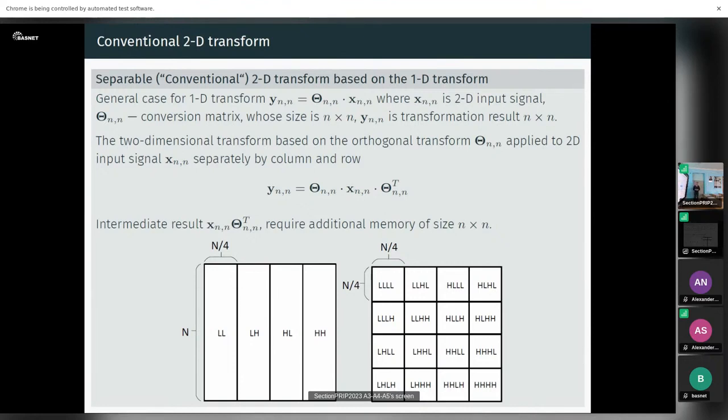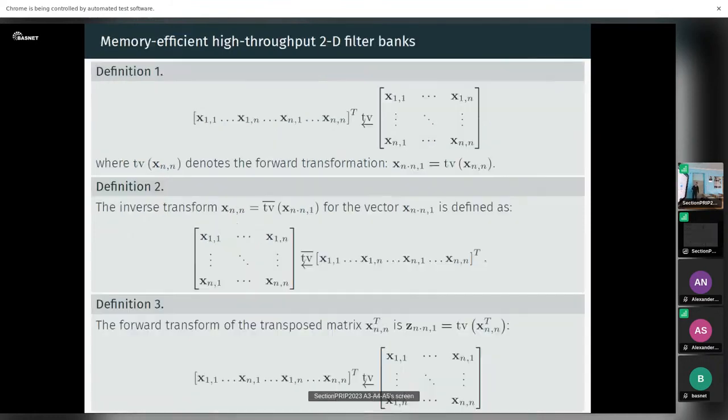While we apply for the input signal x, some basic image, we apply the forward transform in one direction, and then in another direction. So it's very easy to understand how it actually works. Next slide. But at the same time, we have some limitation in terms of describing non-separable transforms in that domain,